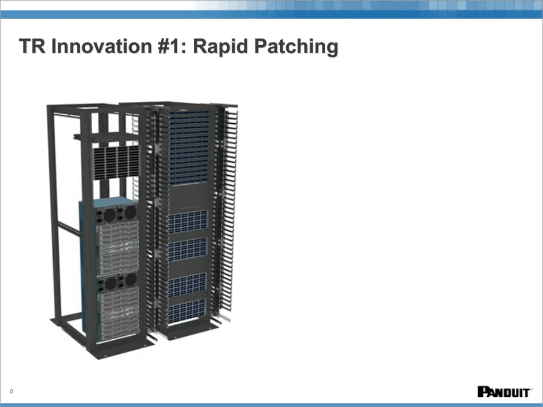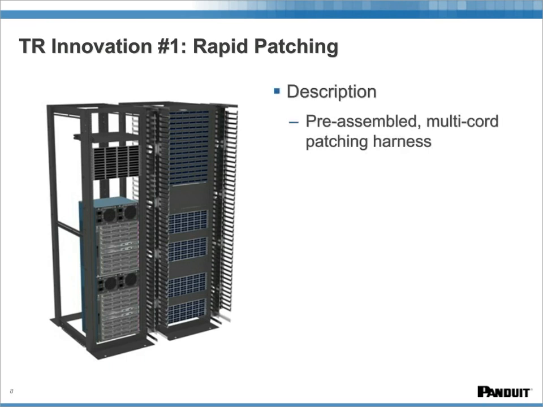is using a pre-assembled multi-cord patching harness that is taking us with a group of cables, a group of cords, from the switch side to the patch panel side. Now, if we do this using a 12-cable assembly, as you'll see in a moment, we can do 1/4 of that line card at a time. If we replicate that 4 times, bam, we've just now patched that entire RU in a much faster way than